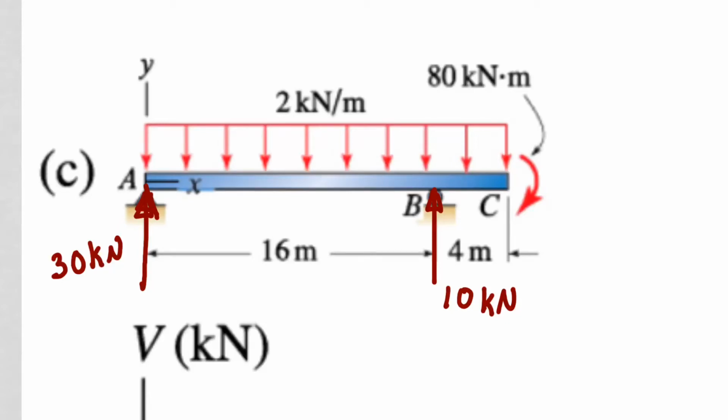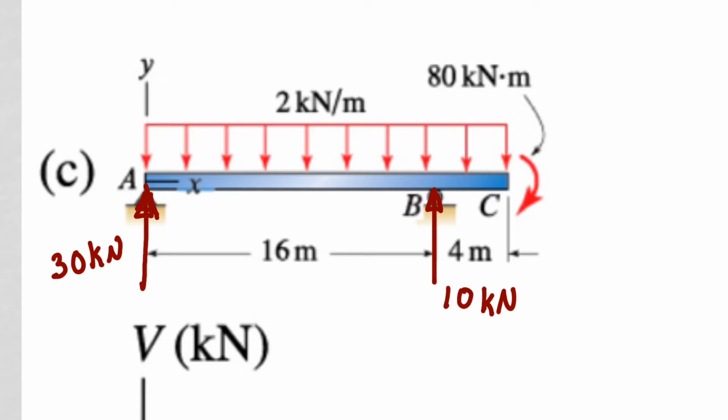So for this last example, I want to look at a distributed load. It has a pin at A, a roller at B, and then there's this overhang at C, and then we have this applied moment at the end at C. So this one's a little more complicated, but we're going to use that same method of cuts to find the shear and moment diagram and the equations for shear and moment as a function of x